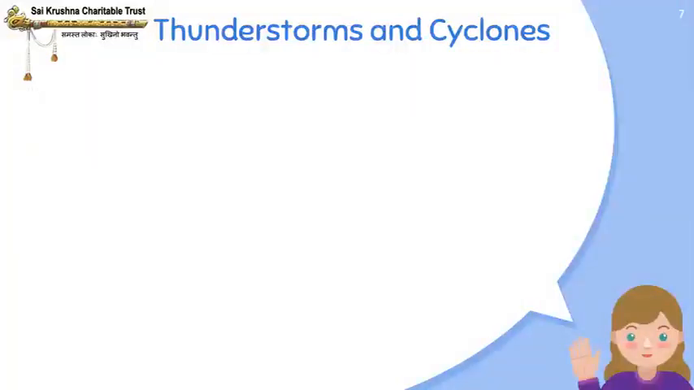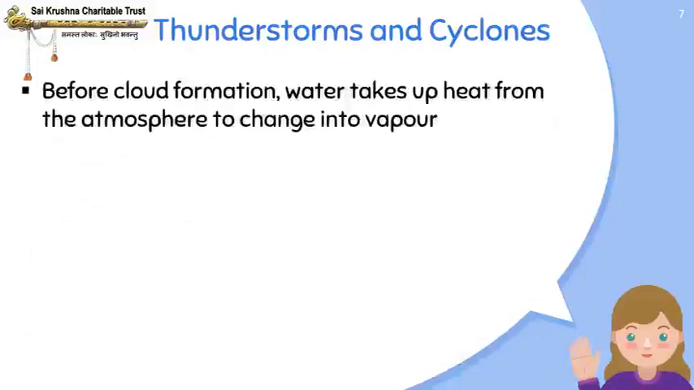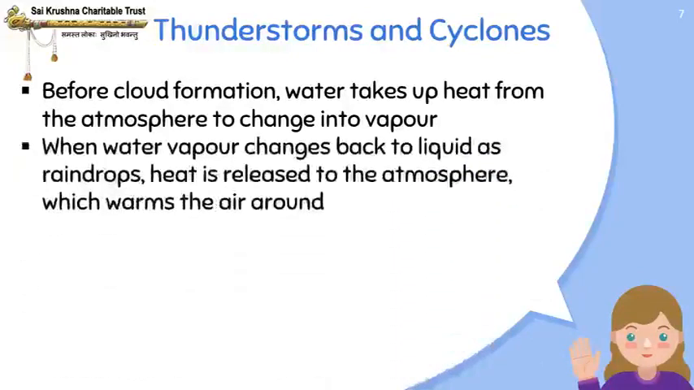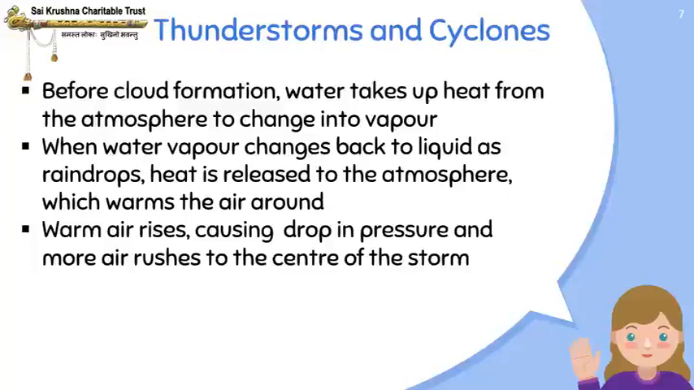On this slide, we learn how a thunderstorm becomes a cyclone. Before cloud formation, water takes up heat from the atmosphere and changes into vapor. When these vapors change back to liquid form as raindrops, heat is released to the atmosphere. This heat warms the air around, and the air rises, causing